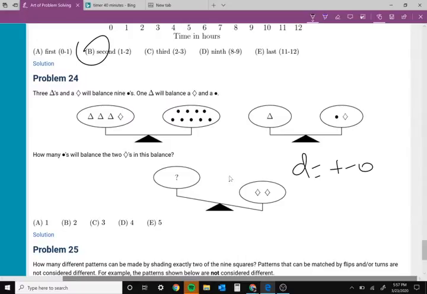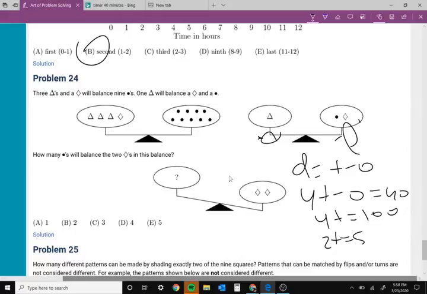Right? Because if you subtract circle from both sides, that makes it so much easier. So we've isolated that: diamond is equal to the triangle minus the circle. So that's another triangle. So 4t minus O equals 9O. 4t equals 10O. 2t equals 5O, right? But then